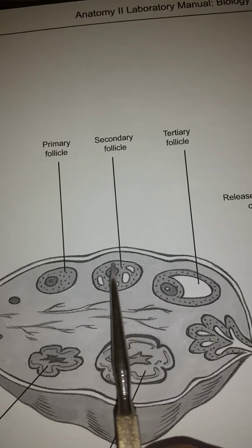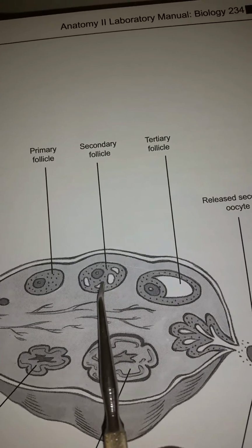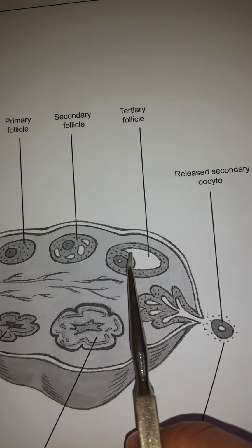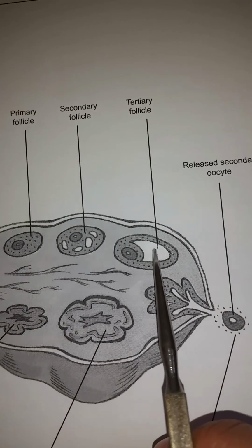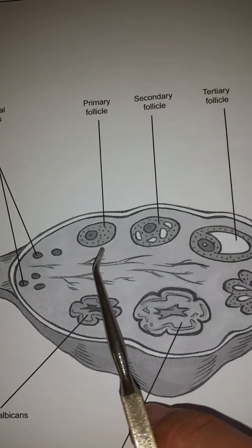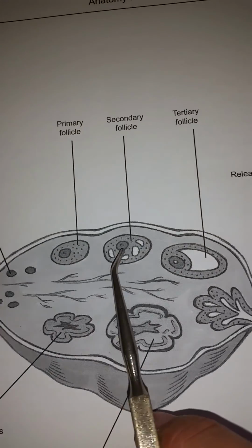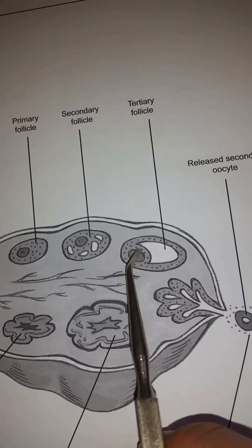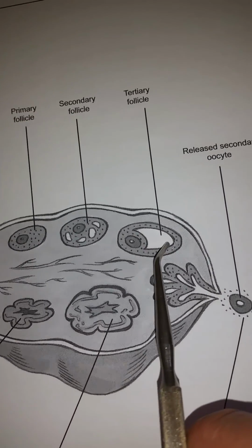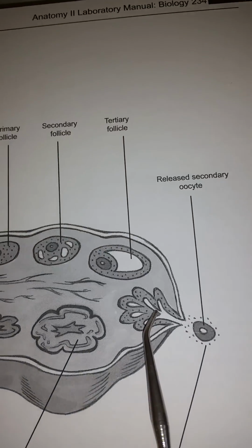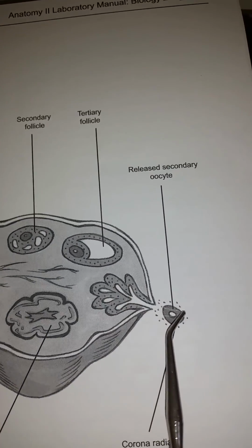primary follicle will become larger and start to have some cavities, a little bit, and will become the secondary follicle, and then these cavities will join together to make a larger cavity, and now we call it the tertiary. So primordial is the little ones, primary, larger, secondary, you start to see cavities, tertiary, when the cavities come together and make a larger cavity within here, and this is larger, and then the tertiary follicles are going to release